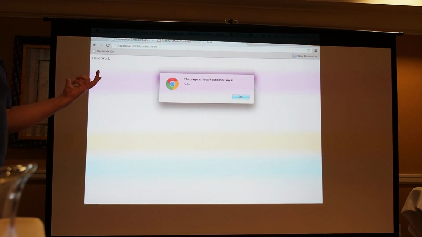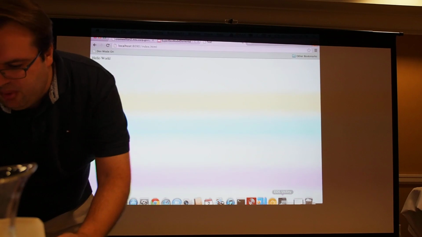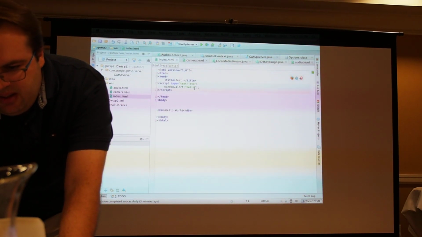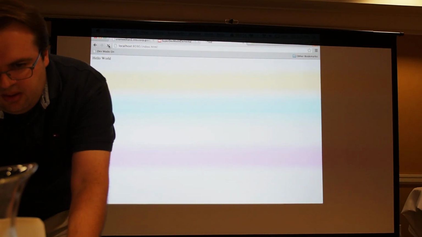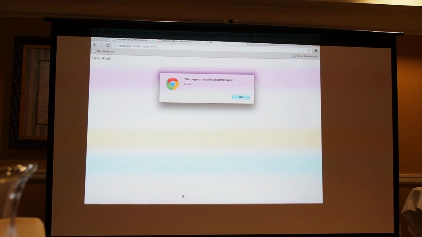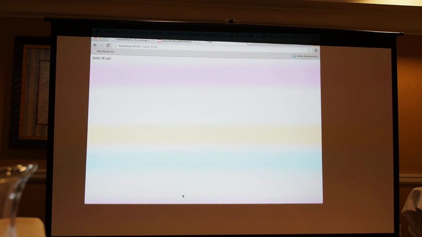Okay, there's the one with the window.alert. Just to show you that this is really recompiling on the fly, I'll go back in here to the HTML. I'll say hello to... Come here, hit refresh, and it says hello to. So the experience there is almost as if you're just editing HTML in a text editor, and you just write inline Java code, and it compiles it instantly, shoves it back into the page, and you don't have to worry about setting up a GWT module. So that's Elemental, and that's Elemental plus Super Dev Mode plus my own